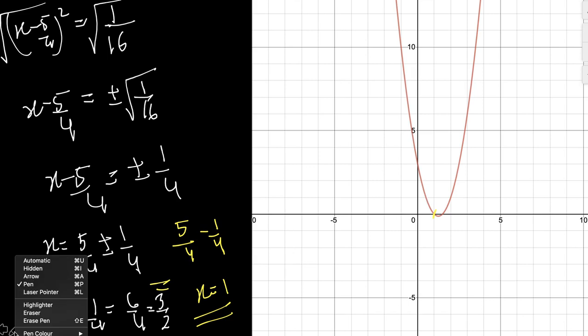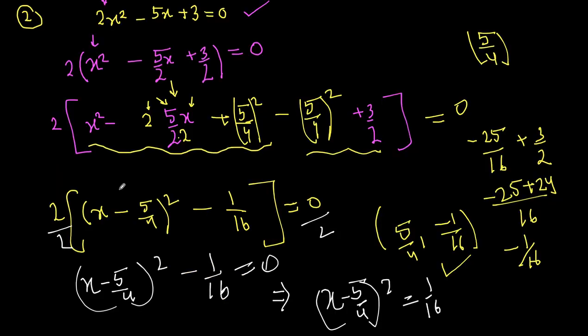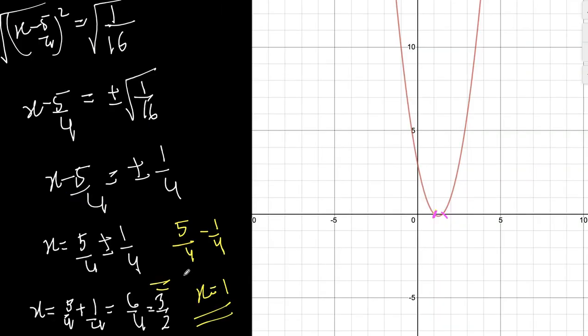Let me take another color. So the graph is cutting here, x is equal to 1, and this is 3 over 2. Now what about the point of minima? We can see that the point of minimum will be 5 over 4 comma minus 1 over 16, and that's what we got. It's a very small quantity. This is minus 1 over 16, and this point is your 5 over 4. So hope you understand this completing the square, but I will take one more question and then I will move